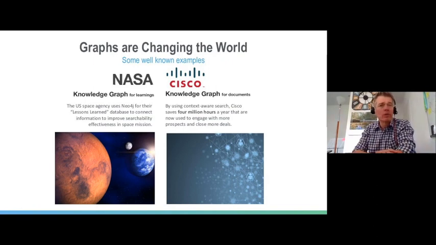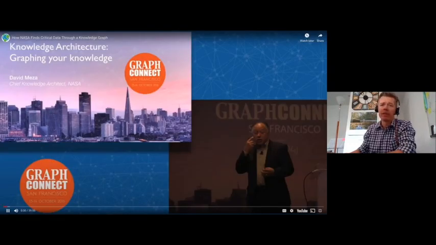And that knowledge allows them to really do space missions faster and shorten the cycle to get to Mars or whatever the next place is we want to get to. Cisco's knowledge graph is more around customer data and sales oriented. They've uploaded all their proposals and customer related presentations. They claim it saves them millions of hours in order to gain new customers and pull new proposals together. Look at the online videos. I won't talk about these ones too much.